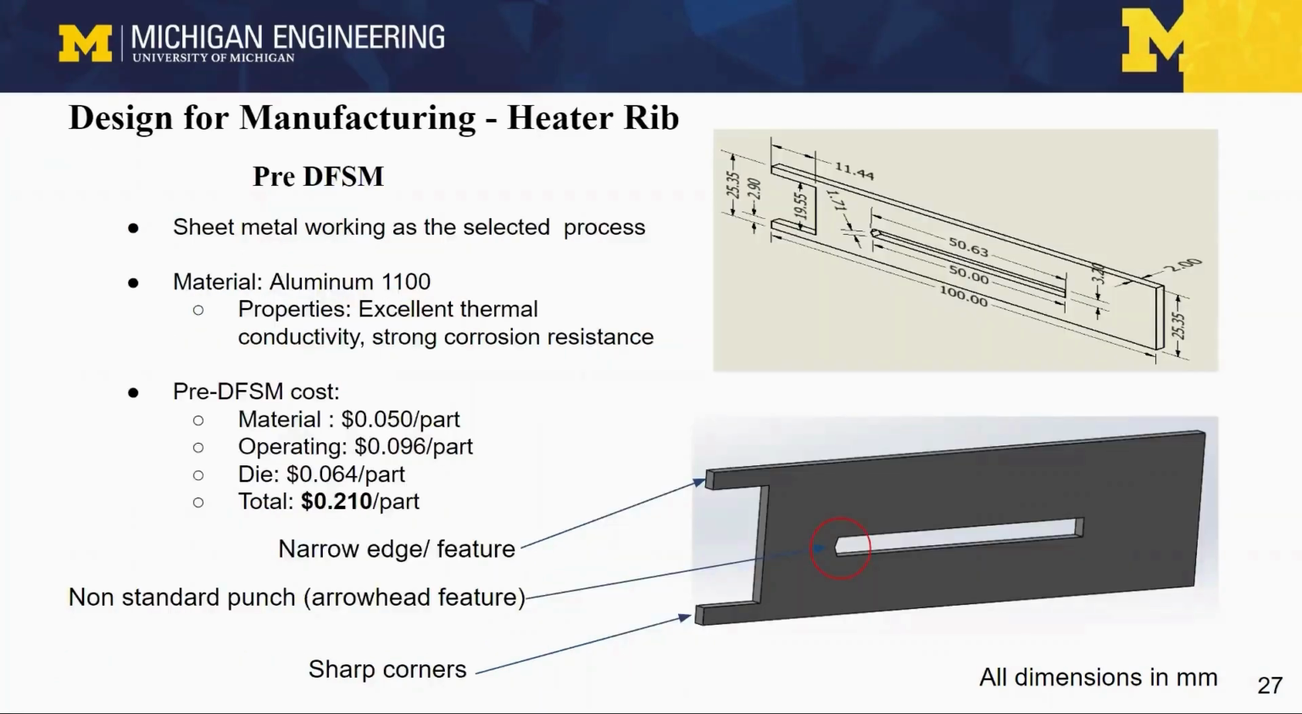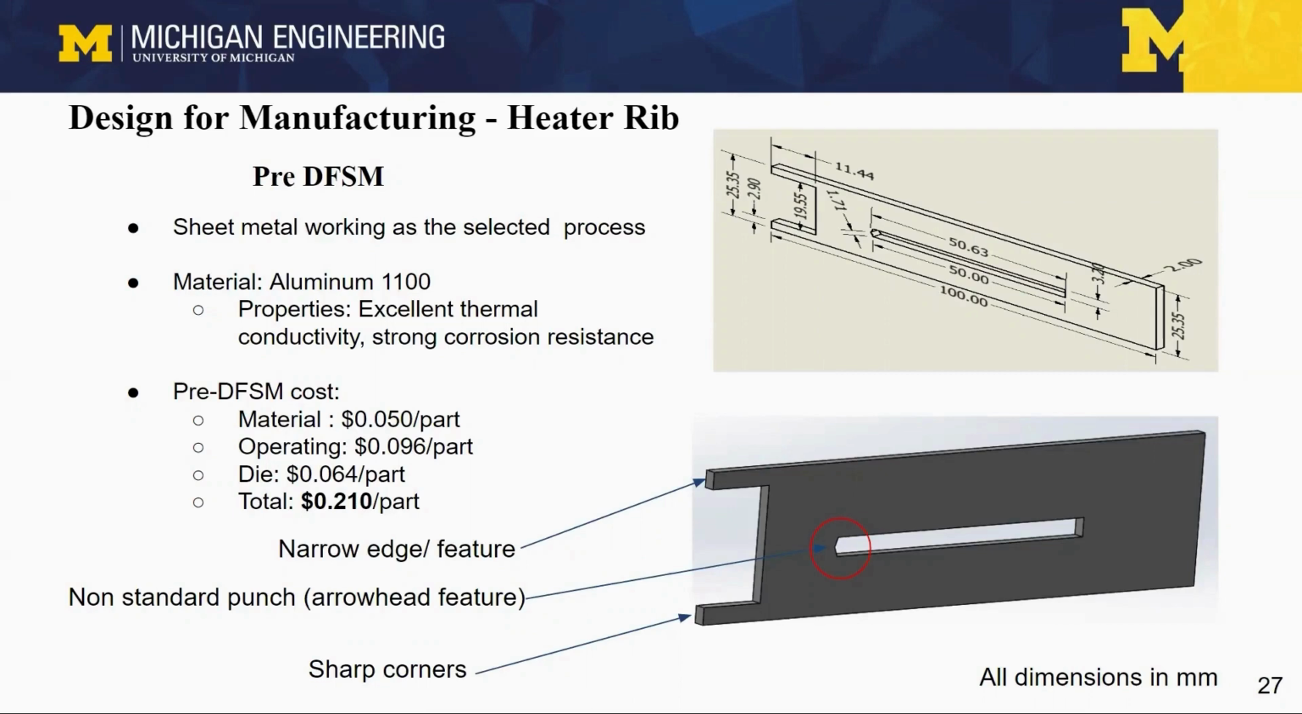Design for sheet metal has been carried out for the heater rib. We selected aluminum 1100 grade sheet for the heater rib due to its promising thermal property and resistance to corrosion. The pre-DFSM process of the heater rib initially involved blanking of the part followed by a punch in the middle. The initial heater rib design includes sharp corners, a non-standard punch, and narrow features. The total estimated cost including material, operating, and die cost is $0.21 per part, estimated for a batch size of